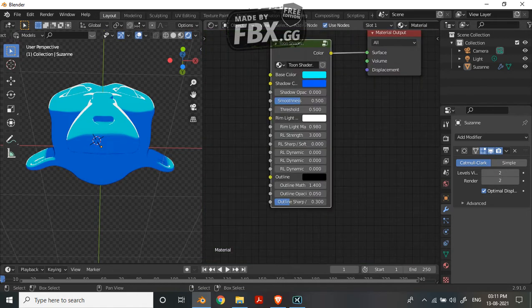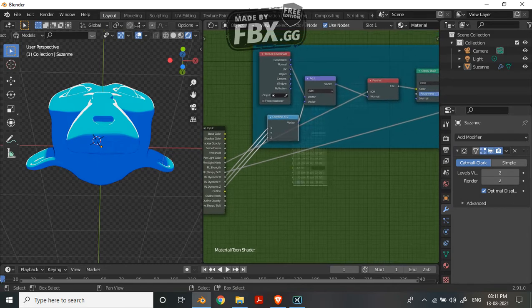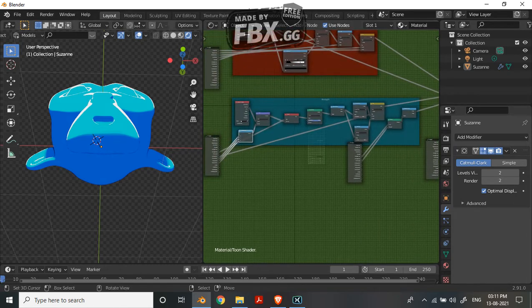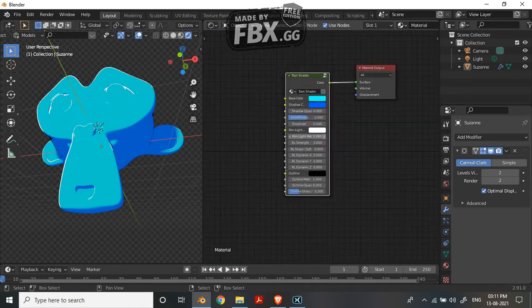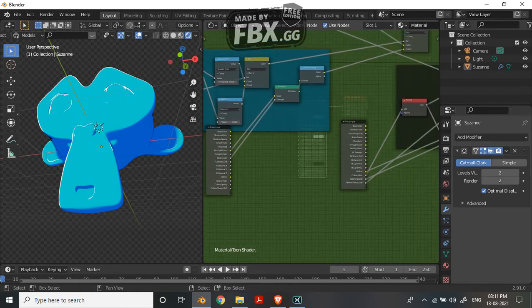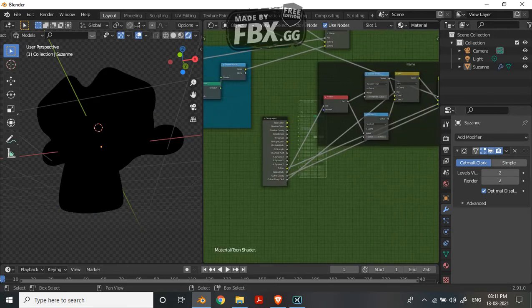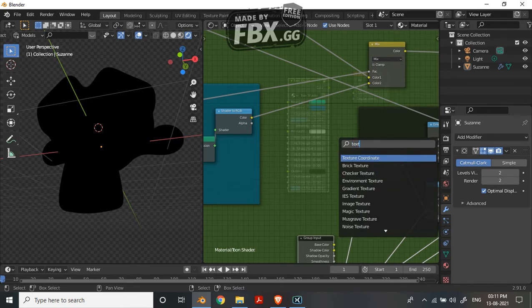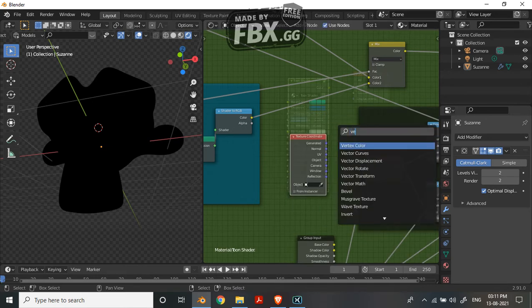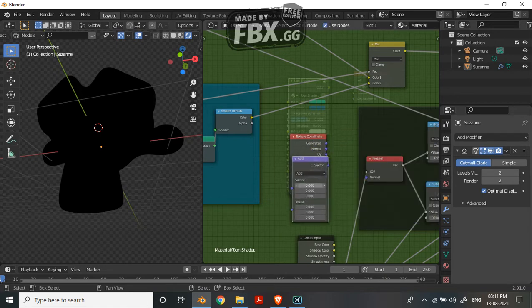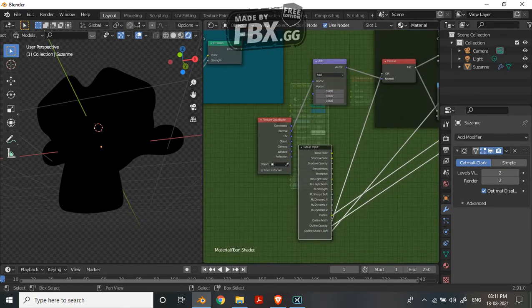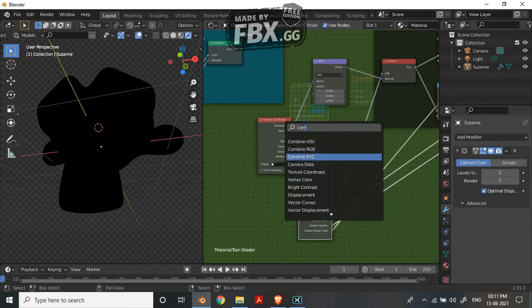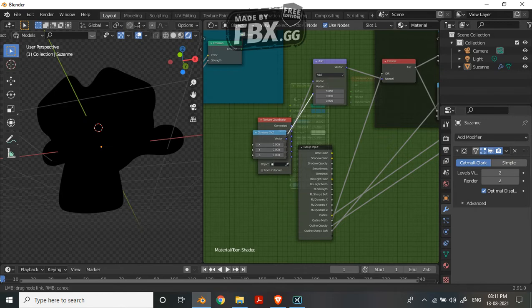So XYZ is there for us over here, and the next thing is for the outline. I'm gonna just remove that for now because it's the same procedure and this laptop's a bit slow, it's gonna take time. Texture coordinate and then a vector math, normal, and then this is gonna go into the normal, combine XYZ, this is gonna go into the vector,